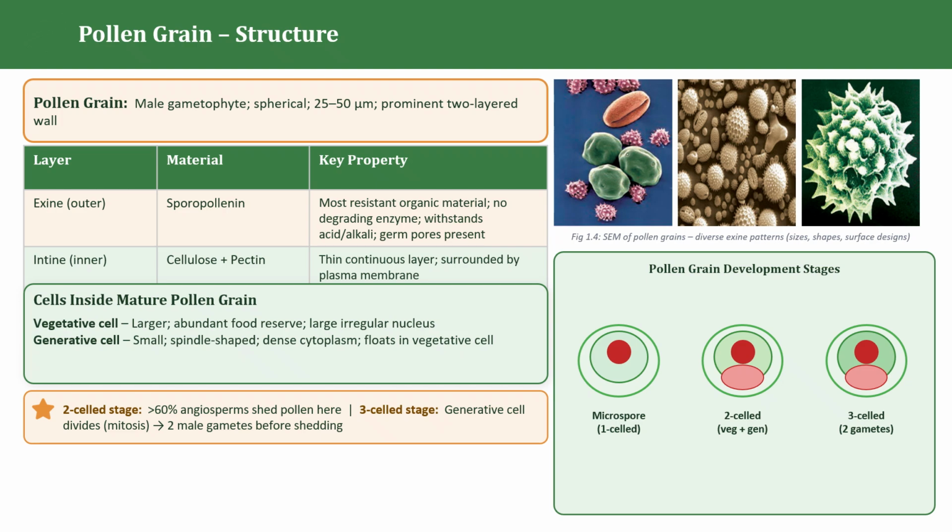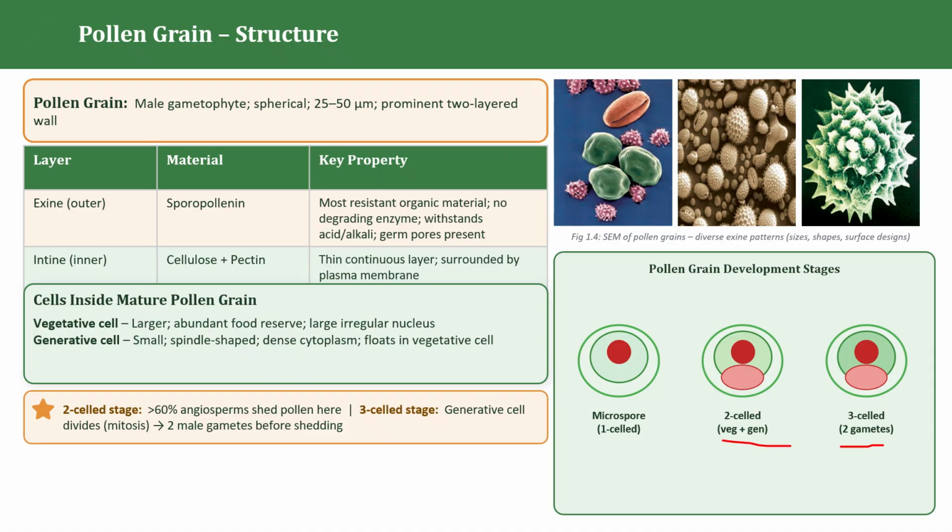The cells present in this mature pollen grain: one we call the vegetative cell. What are its characteristics? It is a large cell, rich in food reserves, and it also contains a large nucleus. What is its function? It forms the pollen tube. Next is the generative cell. It is smaller in size, with dense cytoplasm, and spindle shaped. What does it do? It produces two male gametes. So here are some pictures I have given for